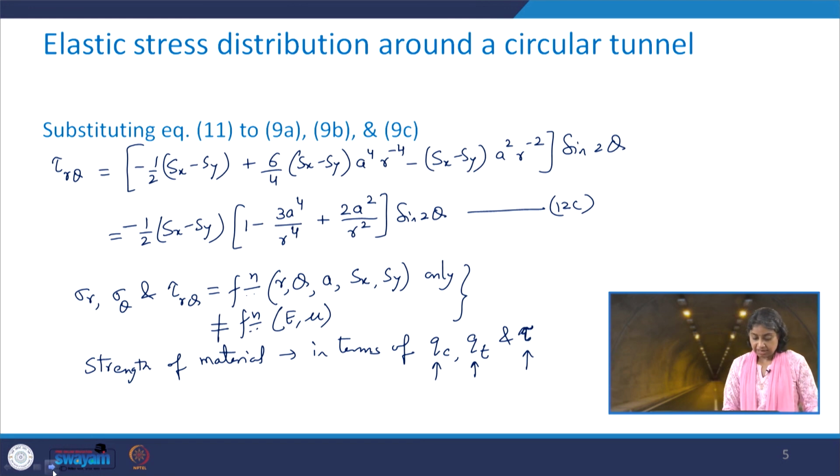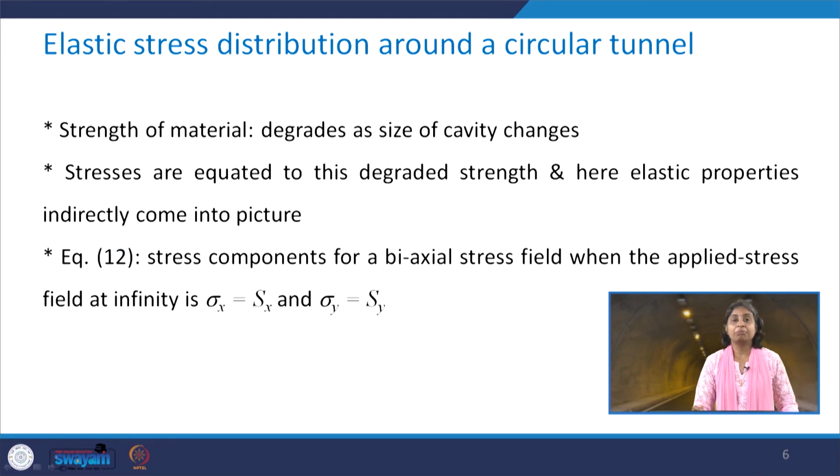tau r theta. Let us see that the strength of the material degrades as the size of the cavity changes. These stresses are equated to the degraded strength and hence the elastic properties come into picture in an indirect manner. So, it is not that the stresses are not related to the elastic properties of the rock medium. Now, these equations 12a, 12b and 12c give us the stress components for the biaxial stress field, where the